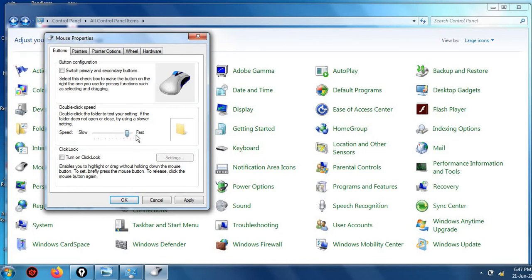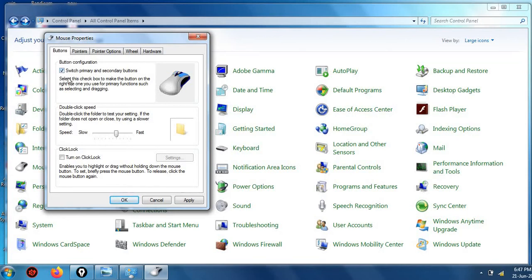If I want to open any file, I have to double click on it, right? To open any file, any folder, I have to double click on it. So what you can do, if you want to make the double click fast, you can increase this, right? Okay, in the same way, in your mouse, which click is the primary? The left click. Okay, so from here this checkbox, right?